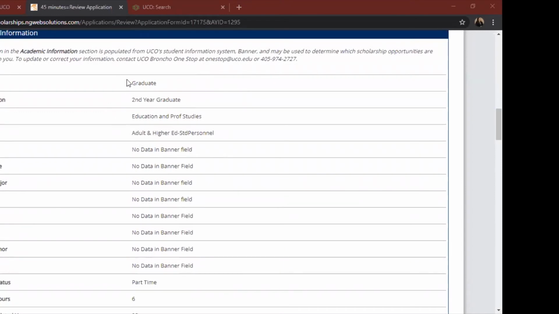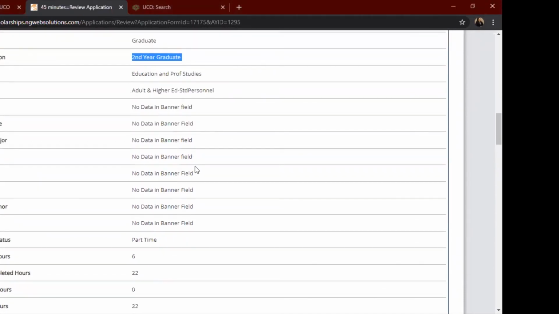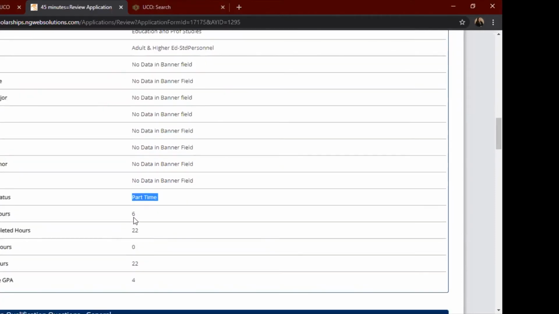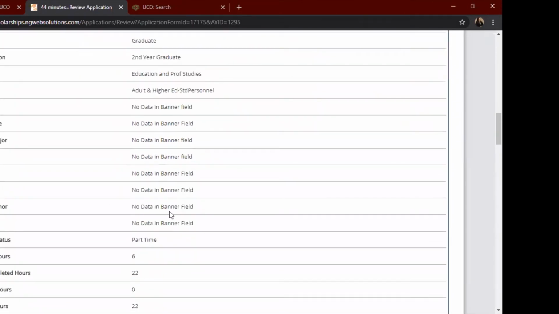On your degree plan, it'll have all this information, and we can help you look over that if you would like some help with that. You're going to need your level, what year you're in, your major, what you're enrolled in. Some of this will be auto-filled if you've already done this before. For me, all of this was auto-filled already because I had done this last year. So you're going to need all that information. And then